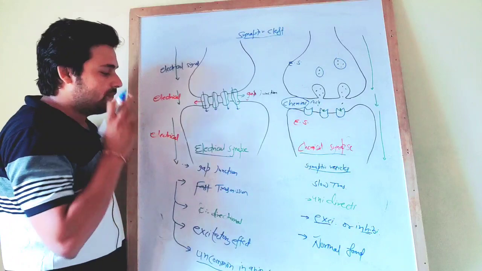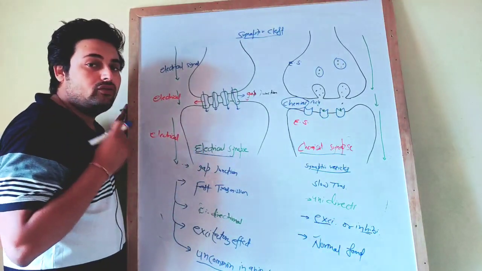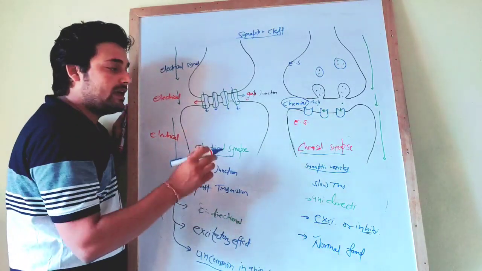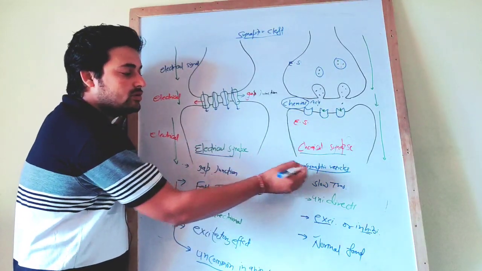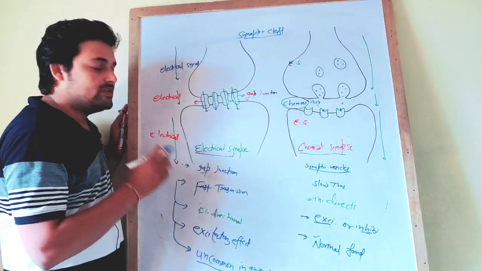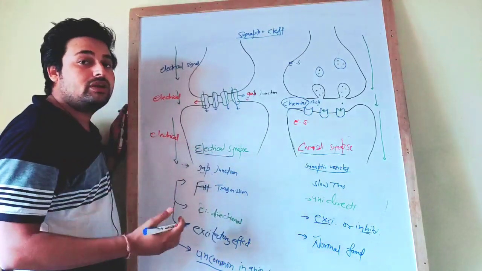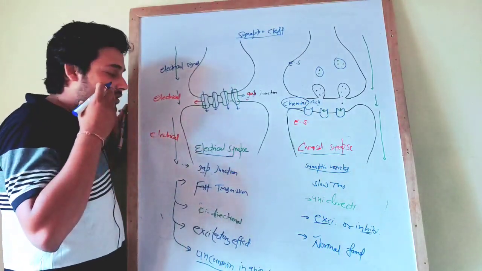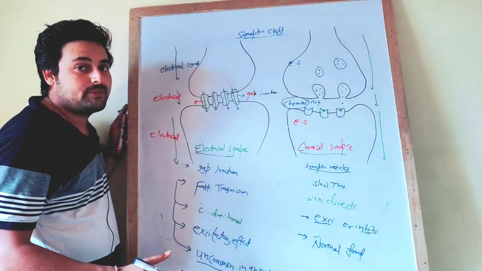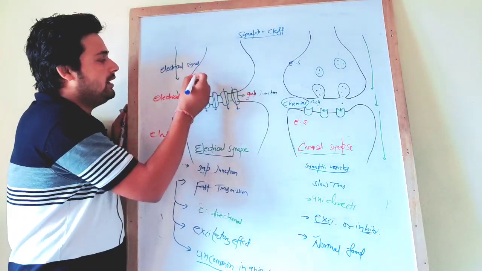First of all, electrical transmission flows through the gap junction. Which one? Gap junction. While chemical transmission goes through the synaptic vesicles. If you talk about which one is a fast process, then electrical transmission is faster than your chemical transmission. This is the gap junction, and it is